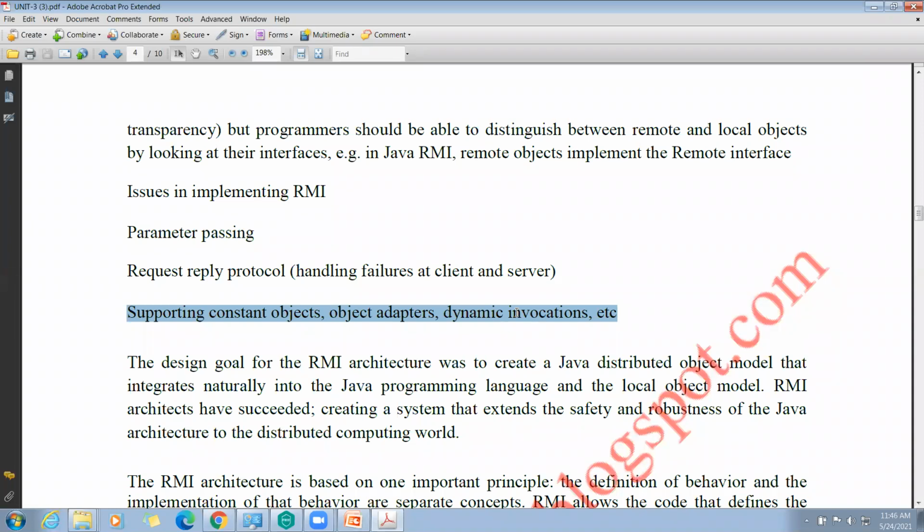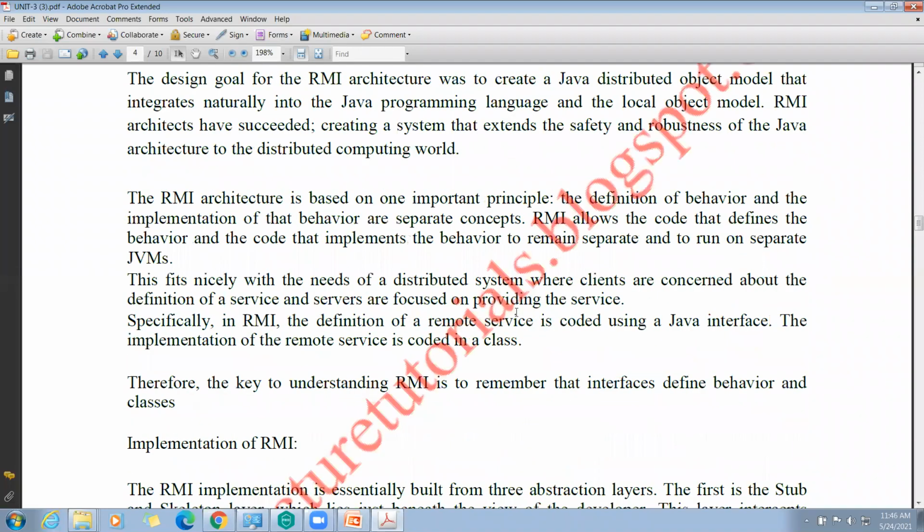Next is the request and reply protocol, which deals with some failures between the client and server. And last is objects and object adapters, and more importantly the dynamic invocation interface, which is an application interface. See the diagram here.